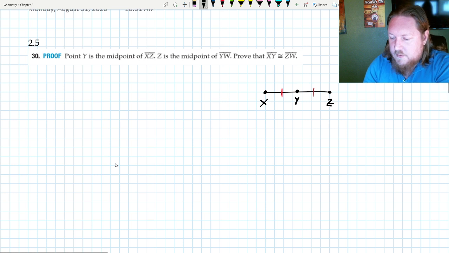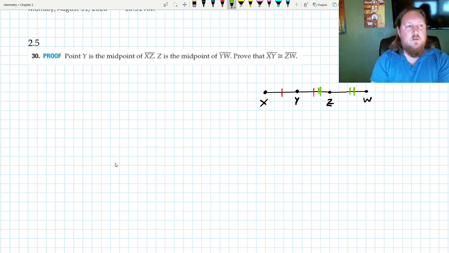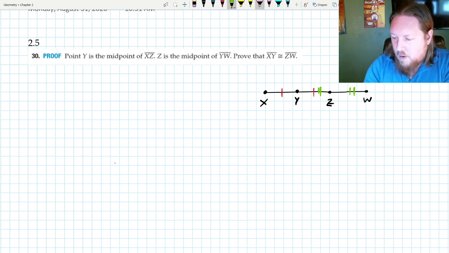Next up says Z is the midpoint, so I've already got that Z there, of the segment YW. So I'm going to go from Y to Z, and I'm going to continue the line out to W. And since Z is the midpoint there, we know that those two segments that we just drew are also congruent. And our ultimate goal, I'll highlight it in pink here, is to prove that XY is congruent